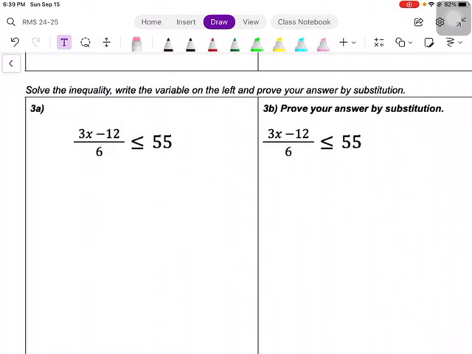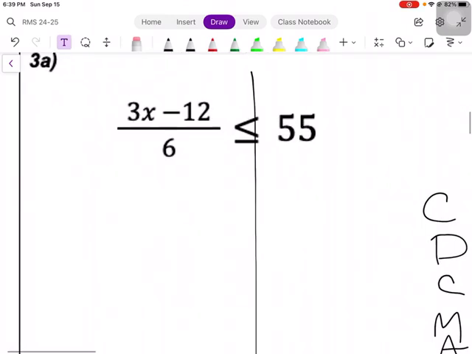Okay, now let's move on to 3A. For this, you're going to solve it the exact same way. It's all CDC ma'am, pretty much, for this whole thing. I'm going to draw my line. Step 1 is clear fractions. We do actually have a fraction here. This term, 3x minus 12, is being divided by 6. That's a fraction. And since there's no other denominators, we're just going to deal with only that 6 and multiply